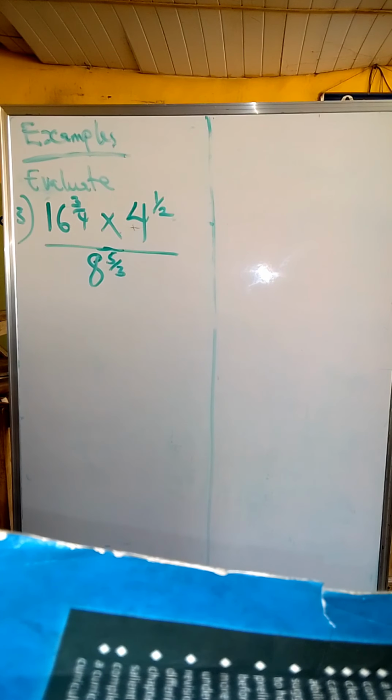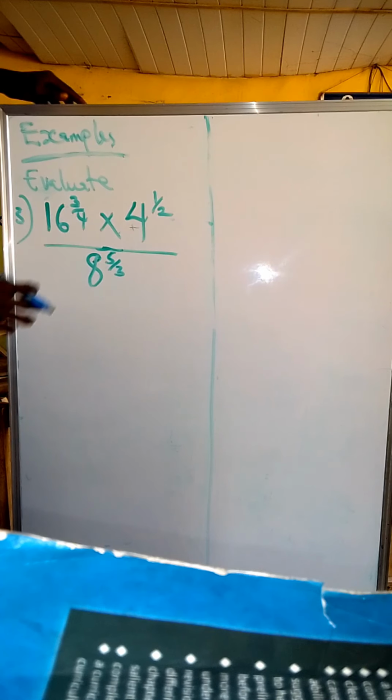Now for our example number 3, we have 16 raised to the power 3 over 4 multiplied by 4 raised to the power 1 over 2 divided by 8 raised to the power 5 over 3. Now let's solve this. 16 raised to the power 3 over 4. If you look at the